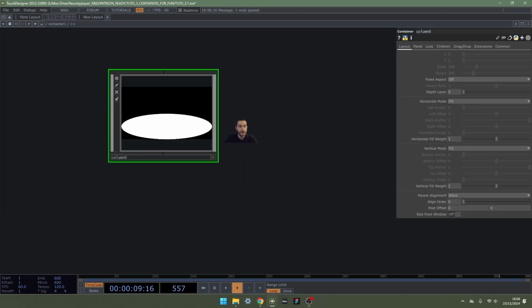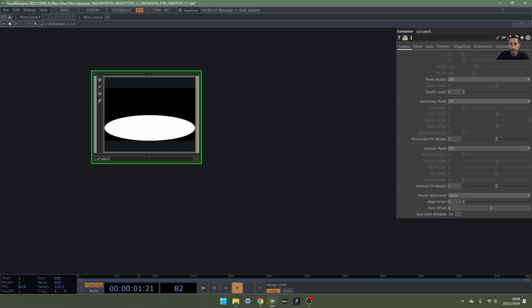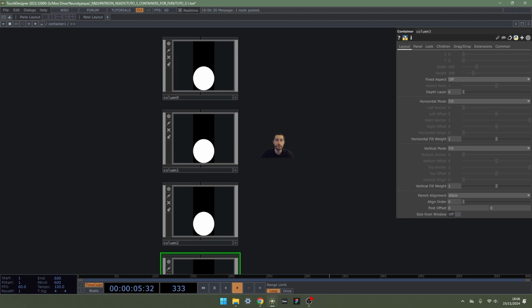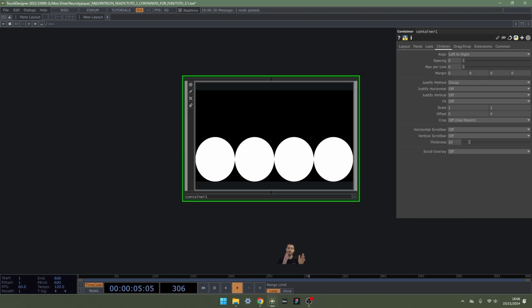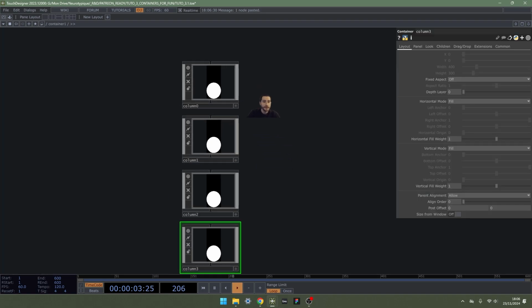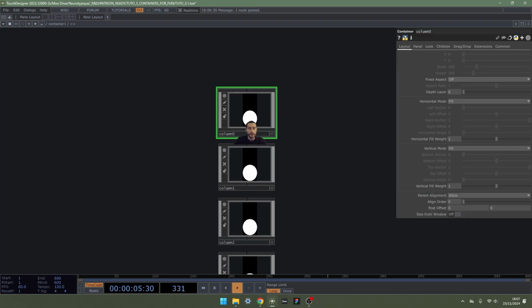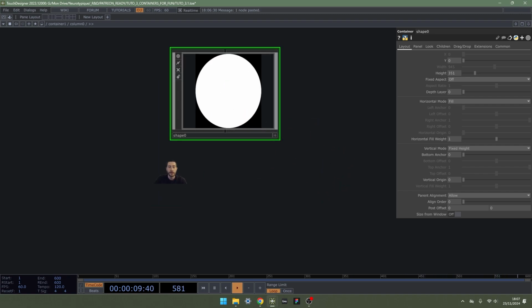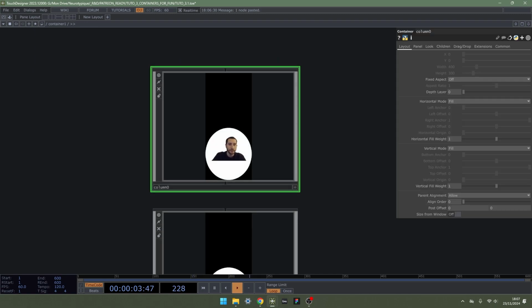What's interesting is now when we copy and paste our column that's set to fill width and fill height, each column is going to have an even width, and is going to set them from left to right evenly. So this is exactly what we want. Now that we have our basic column set up, we need to have more shapes, more circles, and to stack them on top of each other.